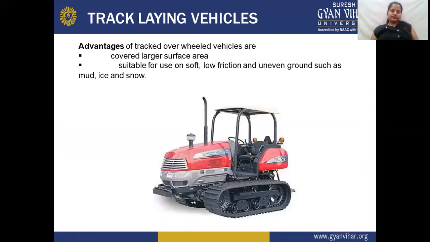So this is a track laying vehicle. These are extensively used in other countries, because this makes the construction process extremely faster. The advantages of tracked vehicles are that they have high efficiency in traveling over undulated land where there is no smooth surface, and they can cover large surfaces. Even land which is not properly built, or does not have stable ground, these equipments can also run in such areas.